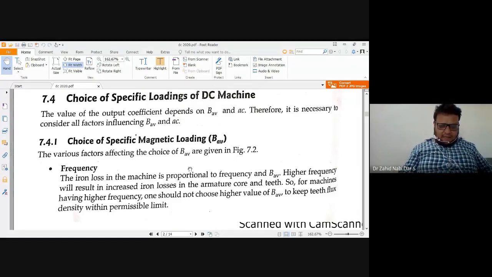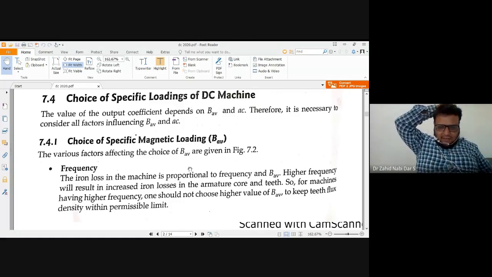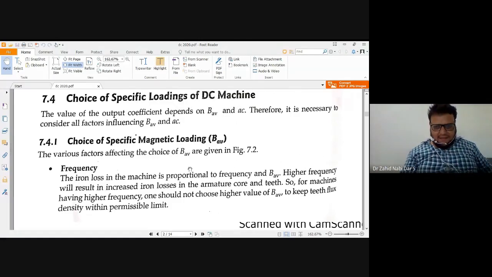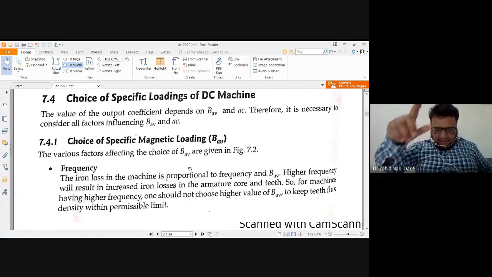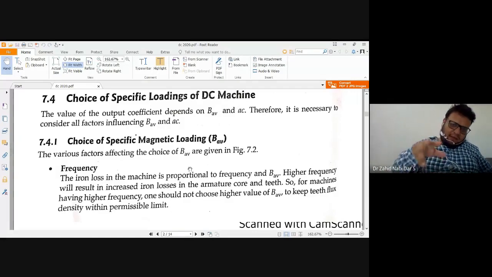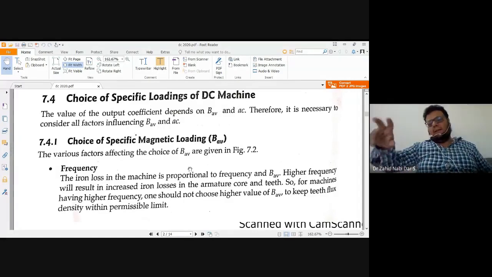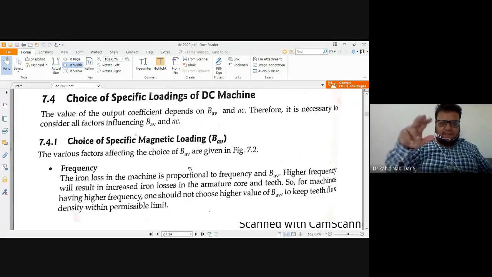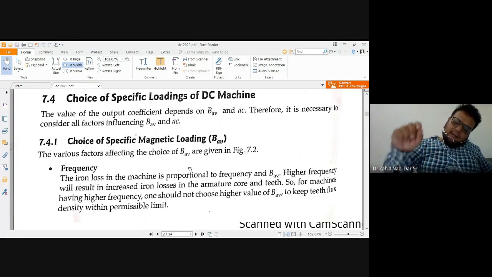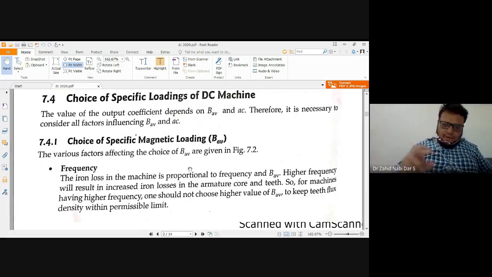So what happens is that once you are studying the machine, your machine should rotate inside your head. Then only can you understand machines. Once you are giving the supply to the machine, inside the machine you get an AC supply produced. That's the reason we have the commutator and brush arrangement for mechanical rectification, so that there would be a smooth torque produced at the output. If we don't have this commutator and brush arrangement, we will have a pulsating torque.